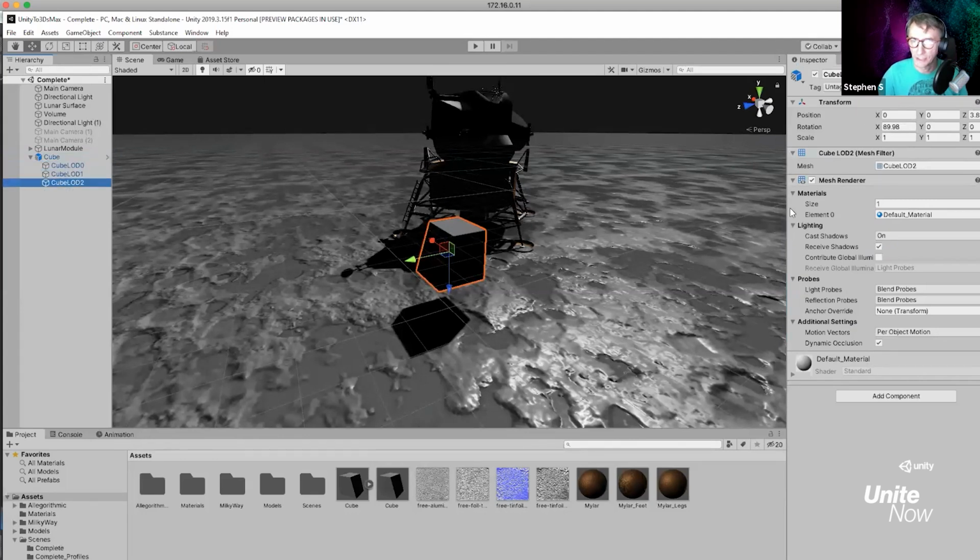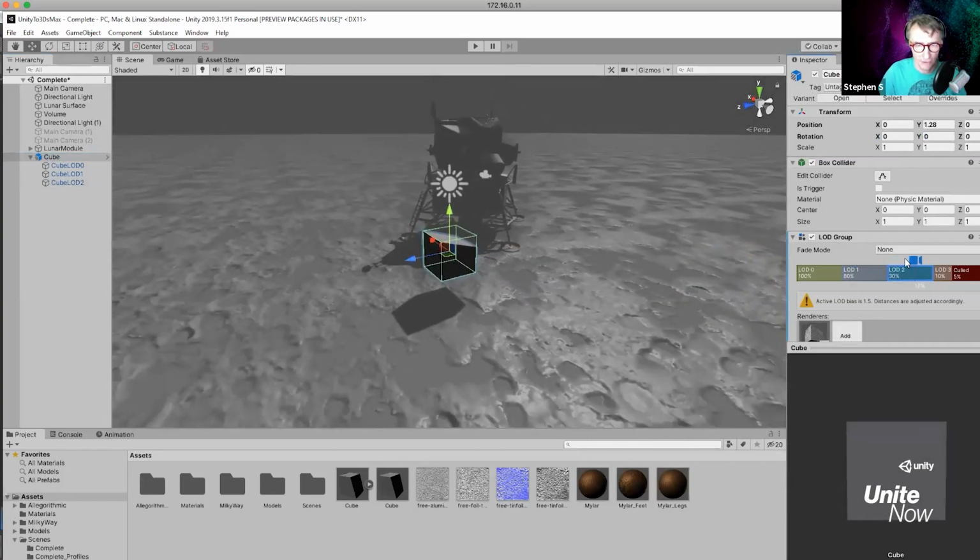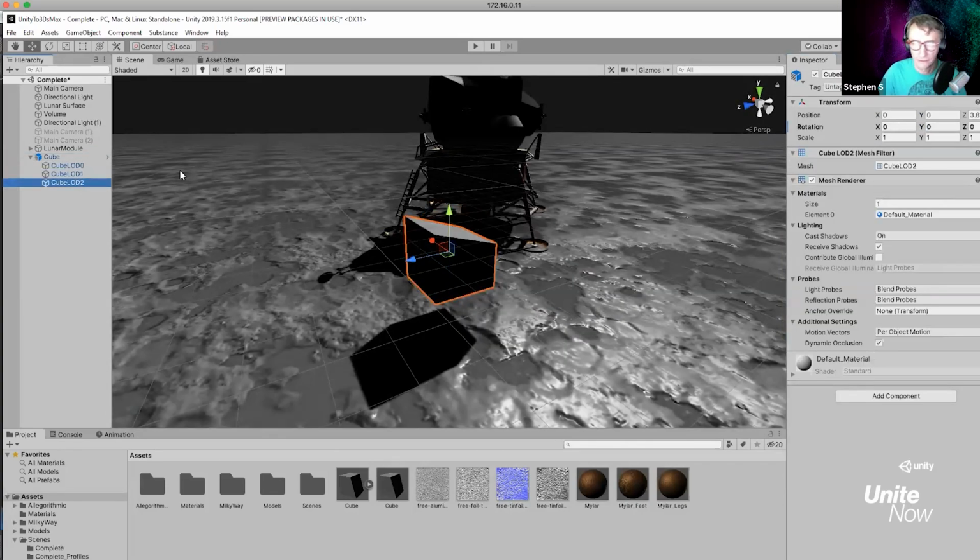You can go to each cube and see rotations. It might have some rotation in there, and maybe it actually did rotate, because mine shows 89.98, which is strange. So I can reset those back to 0, and if I scrub back through, you can see it pops because they all need to go back to 0. So that might be what's going on, it might have had 90 plugged in there. I'm not sure exactly why it did that. I'll have to do some testing on that. I'd never noticed that before, but when I looked at each LOD group, it put it at 89 degrees on the X. So maybe that helps.